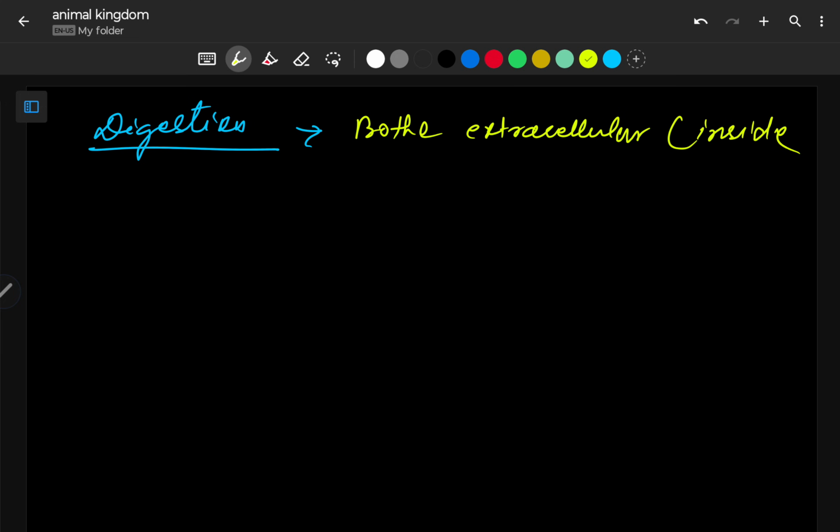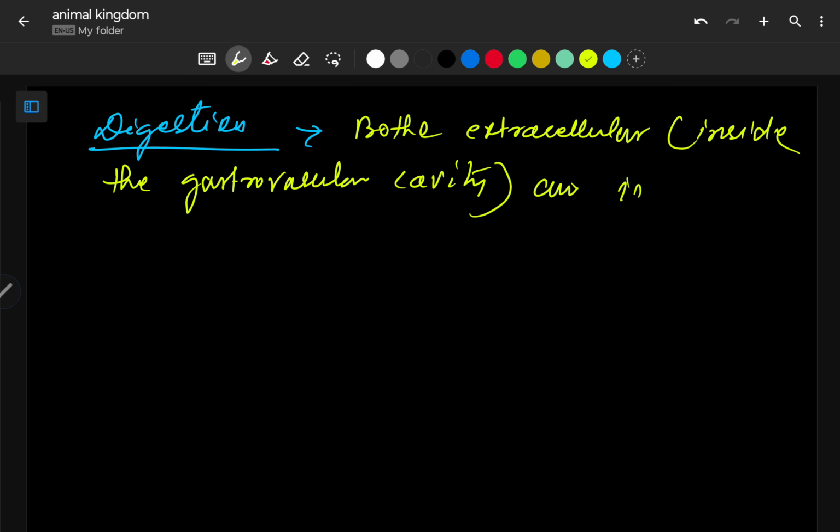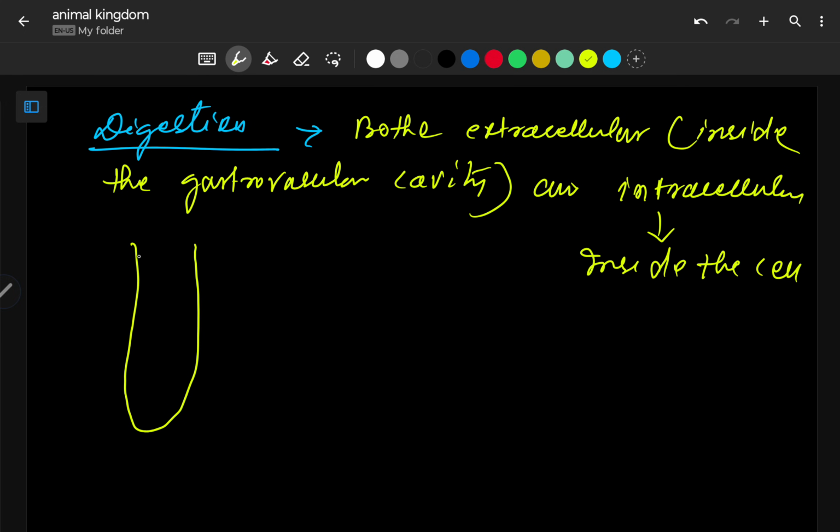Inside the gastrovascular cavity, and intracellular, means inside the cell. ठीक है? So suppose this is hydra body, then when the food enters into it through the mouth,